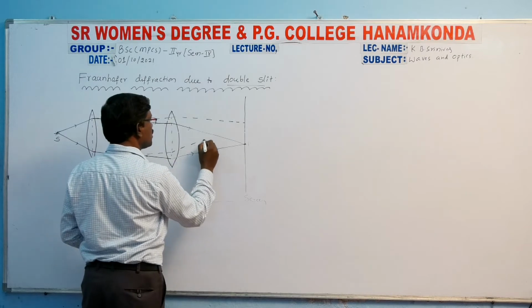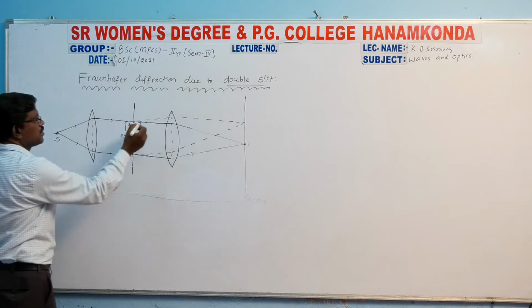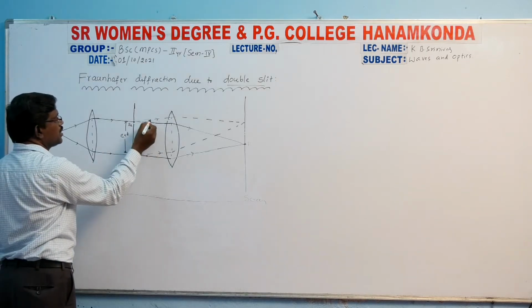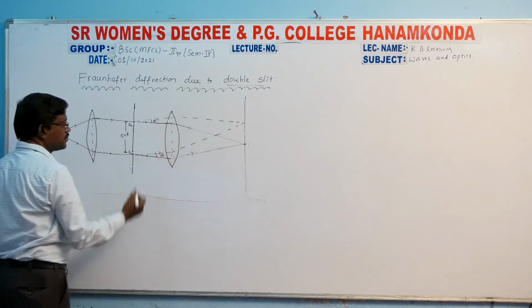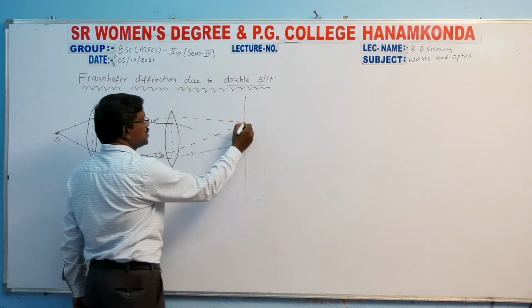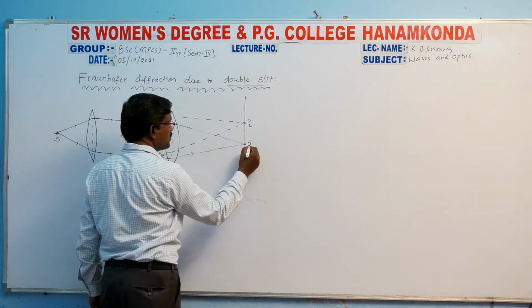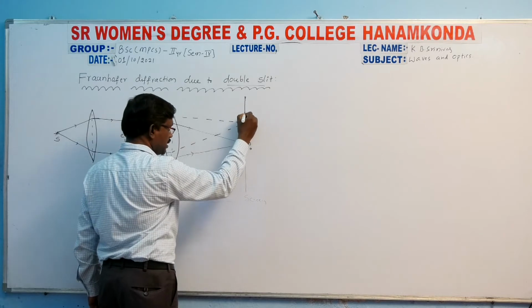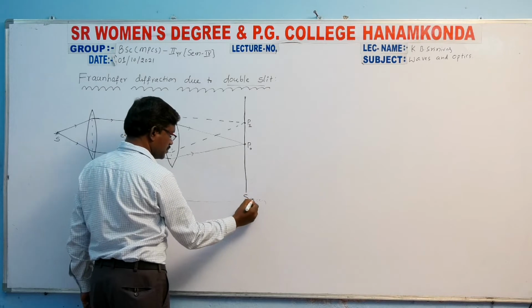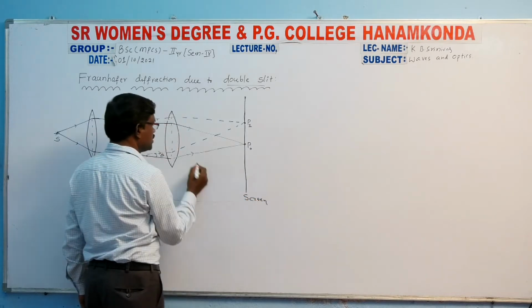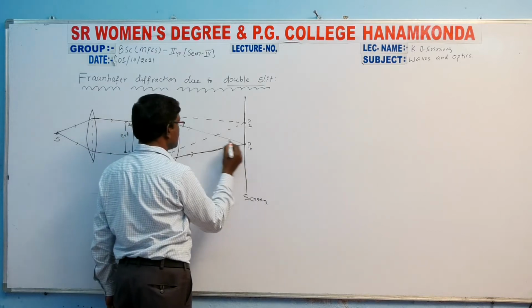So these are the diffracted rays, which are deviating through some angle with the incident direction, theta. If it is theta, this is also equal to theta. Let the position of the image be P1. This is the center of the screen, P0. This is the position of the screen. This is the screen. Is it clear? We have to represent a ray of light by arrowheads.